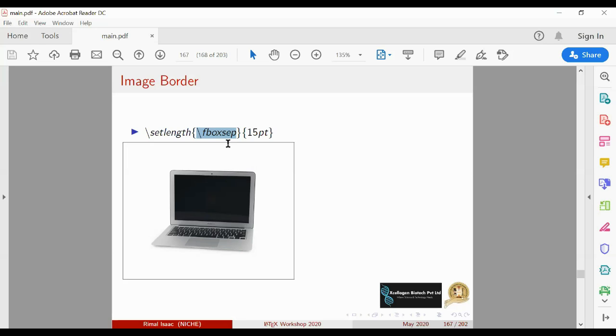So it is better you allow LaTeX to put the image in a particular place, and do cross referencing properly so that your documentation is proper. Okay, so cross referencing, tomorrow we will see how to cross reference bibliography, images, tables. So those things we will see tomorrow. So now you can have borders.